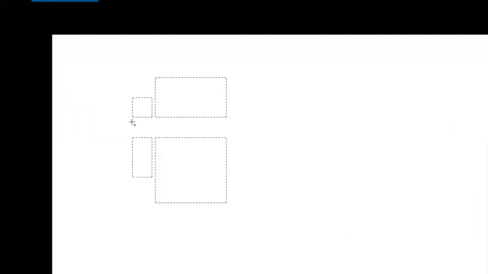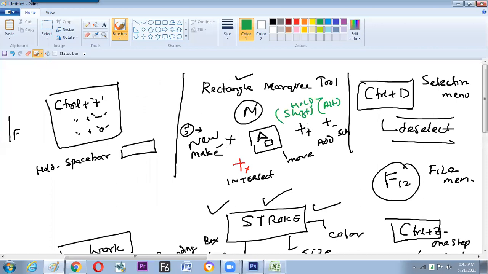Again Shift. Is it clear? Yes, sir. So Shift for addition, Alt for subtraction, and Alt plus Shift for intersection. I'm scribbling, but make a good note.